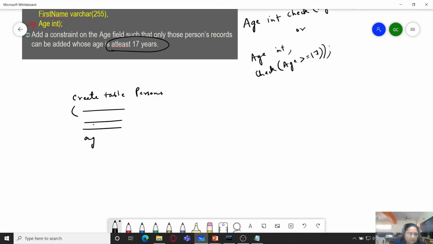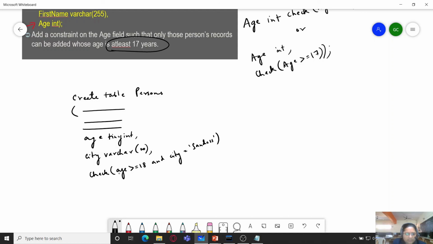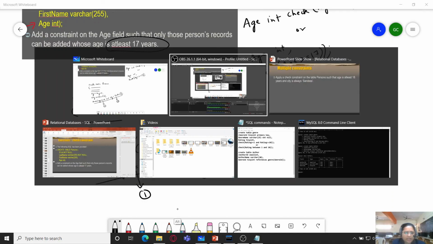So age tinyint, so I have provided it like this, and city varchar, check age, it's at least 18 years, so greater than equal to 18, and city is equal to Sandus. So this is how I can provide multiple constraints. That is, this is the first constraint, this is the second constraint, and we can